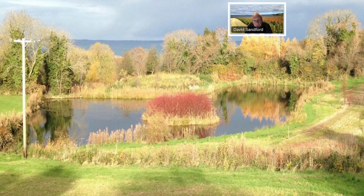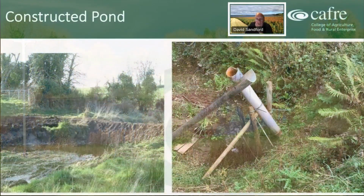And the dam, you can't see really, it's down at the far end. This is just a shock. It literally would add a trickle of water. In fact, it's dry at the moment. And it would add a trickle of water coming down that in the winter, no big rush, and this little dam. And what we did, this is a trick I learned from a fish farmer I met in Scotland,